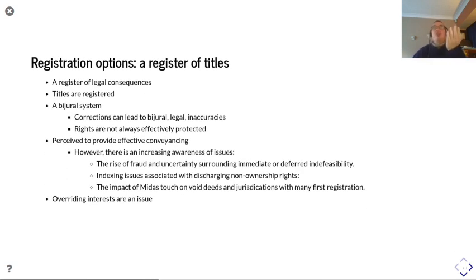We could then do a register of title. So this is a register of legal consequences. Titles are registered. It's a bijural system. Corrections can lead to bijural and legal inaccuracies. Rights are not always effectively protected. It's perceived to provide